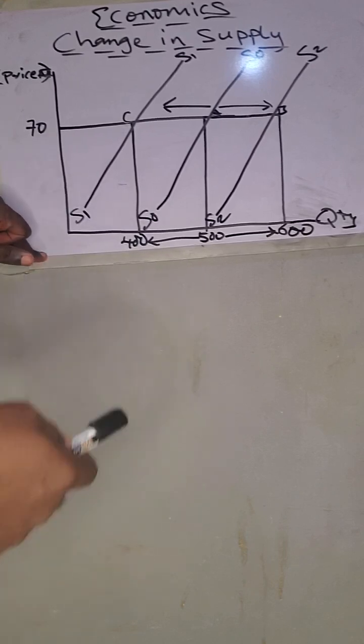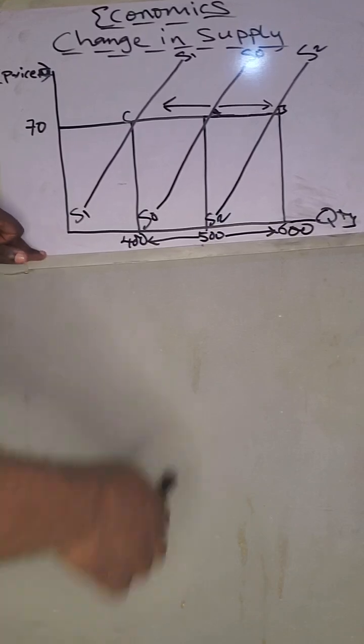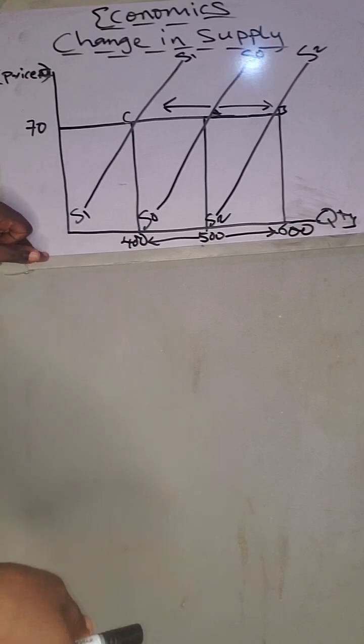But an increase in the number of sellers leads to an increase in quantity supplied from 500 units to 600 units in order to maximize profit while holding